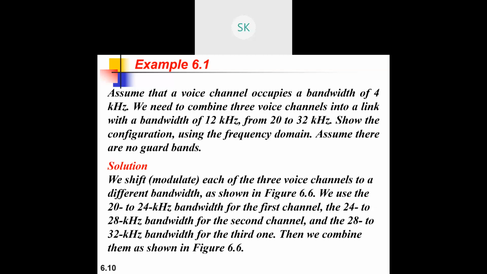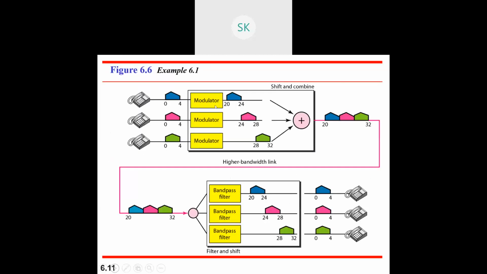The next thing is, if the frequency is given, then it will be frequency division multiplexing itself. If the frequency is given in time division multiplexing, you need to convert the frequency into the timing part, and then analyze it. So that's a different scenario. If it is digital data, then always go with time division itself. If it is an analog signal, then go with frequency division multiplexing itself. So with respect to this, voice channel is an analog signal.